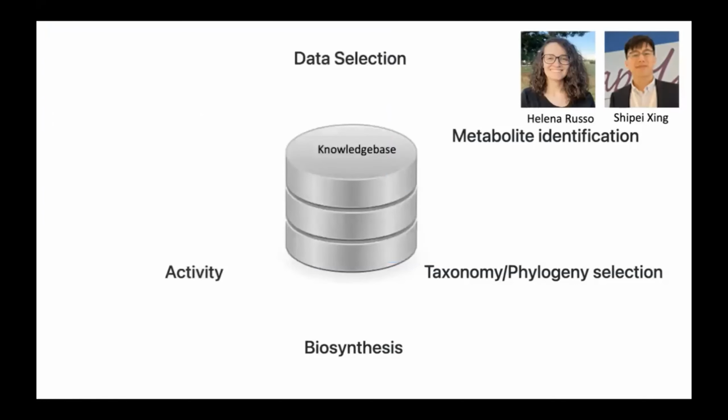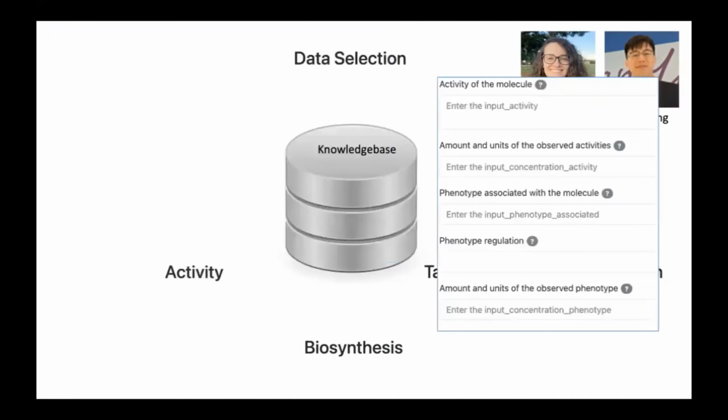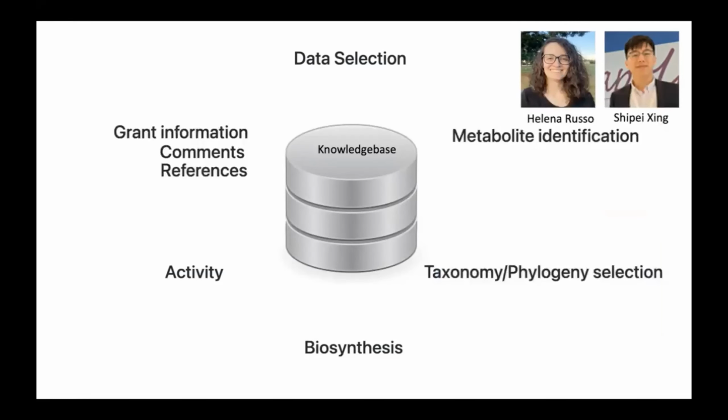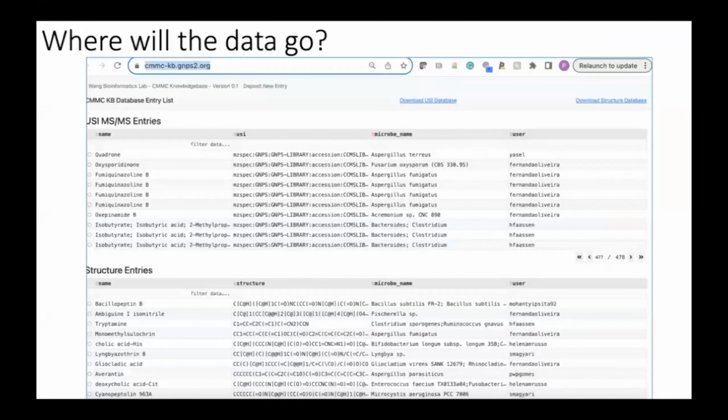Then there are activities that are documented, and this is a bit free form at this point because there are no systematic activities being reported. For the ones that have systematic activities, they will be consistent throughout. And then we try to record grant information, of course, any comment that you have, and references. Grant information is important because that will show NIH how many different grant sources are benefiting from this particular resource.